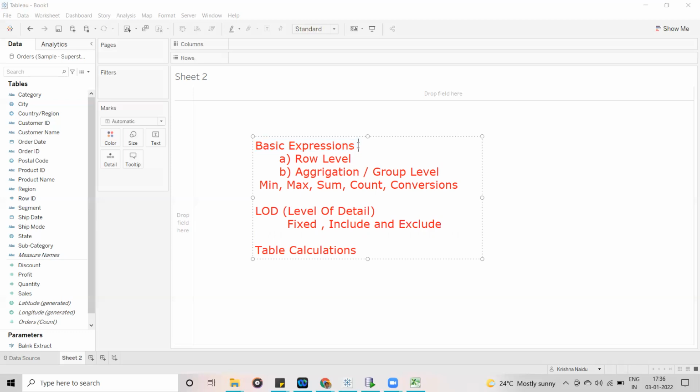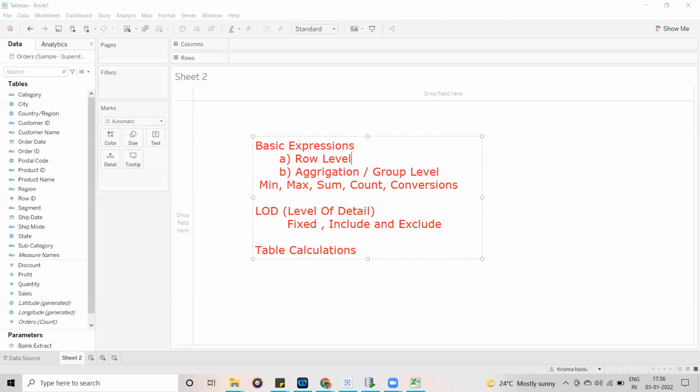So first one is row level calculations. Row level calculations means, see, the name is suggesting row level. Row level means these calculations are going to be performed on each and every individual row. See, the data source we have connected is the orders table, which we are having in our file.